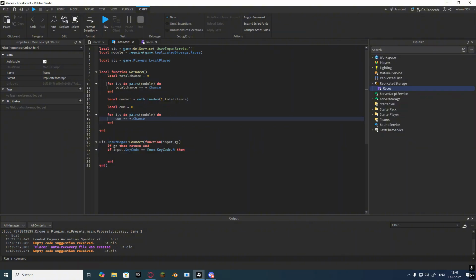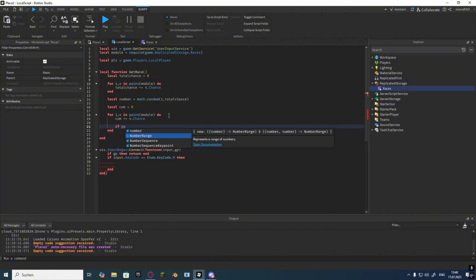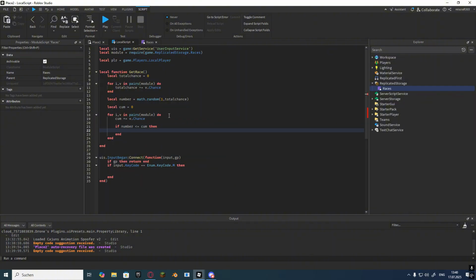It's just the same as what we did up there, but now what we need to do is a basic if statement where we say if number is less or equals to cum, then we would like to return